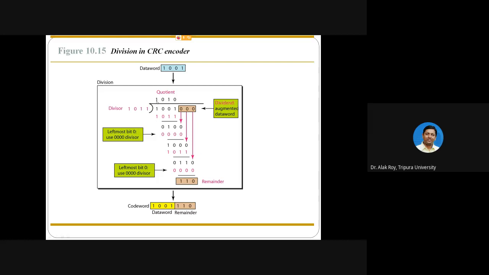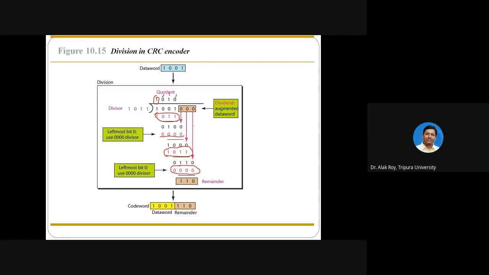The first time it is divisible, so it is 1. The second time not divisible, so 0. The third time divisible, so 1. The fourth time not divisible, so 0.